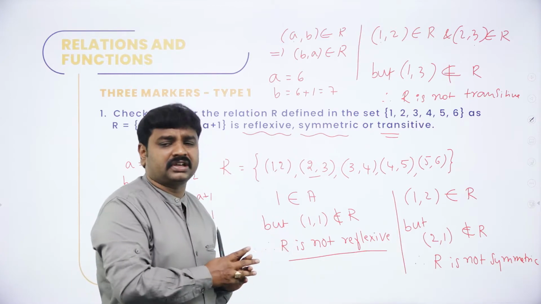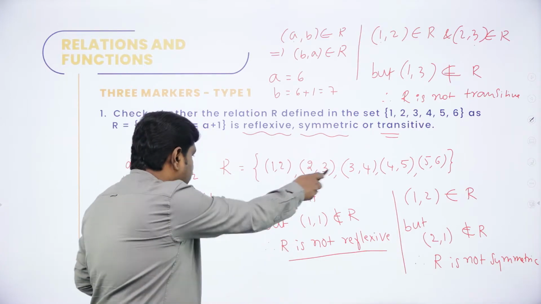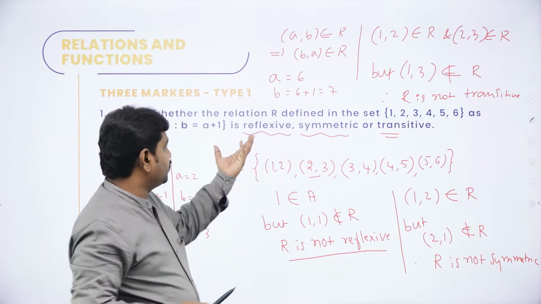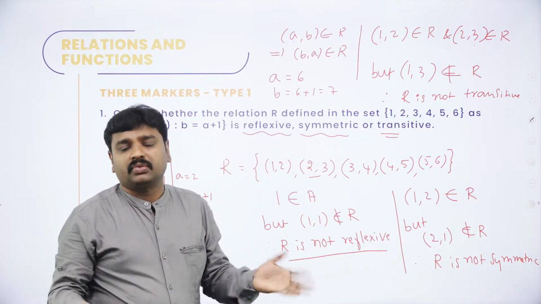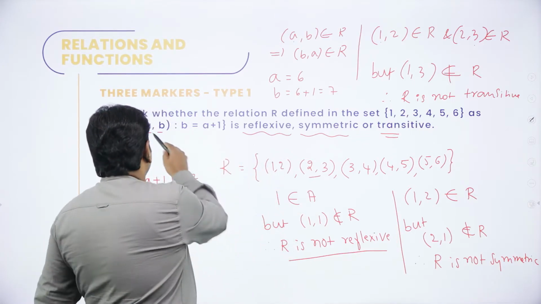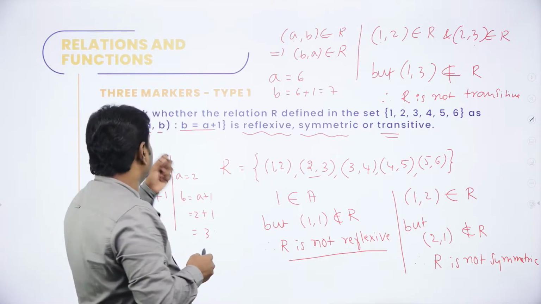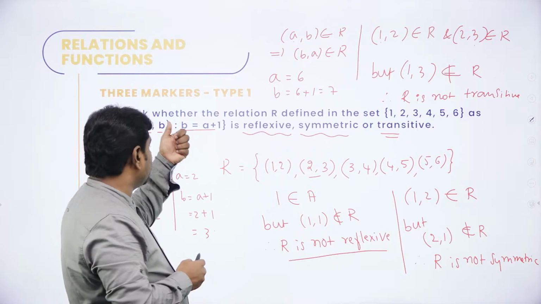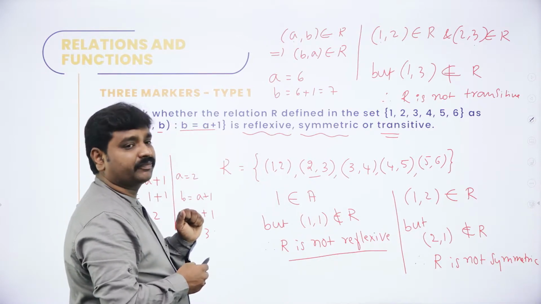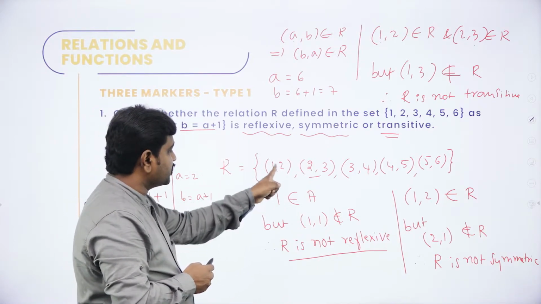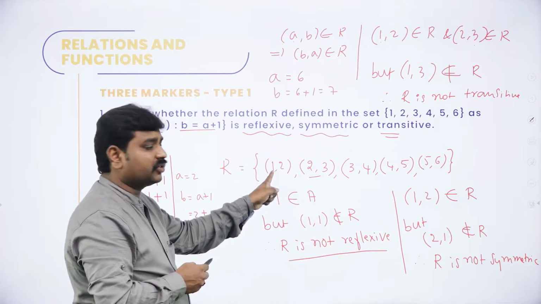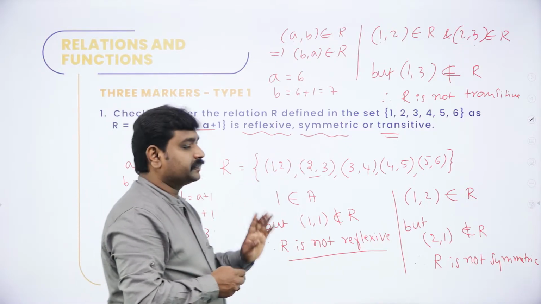Now this is a simple technique. So first we should write the relation. To write the relation, the formula is given in the problem. They told R is equal to (a, b) such that b is equal to a plus 1. So the relation contains ordered pairs such that the second element is equal to the first element plus 1. So the second element should be the first element plus 1. If the first element is 1, the second element is 1 plus 1, like that.